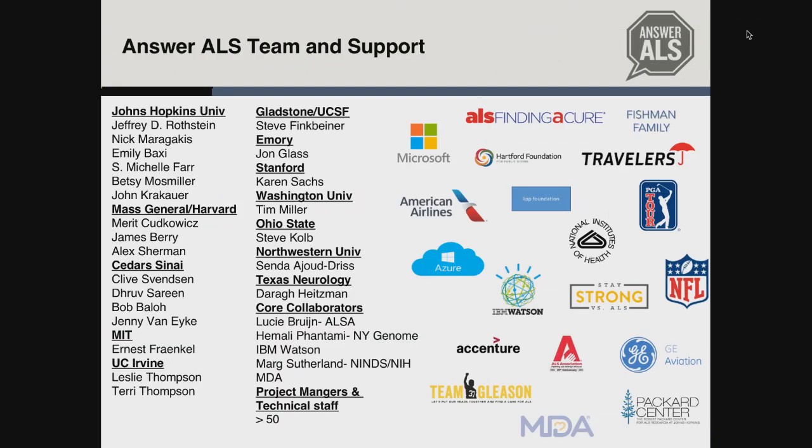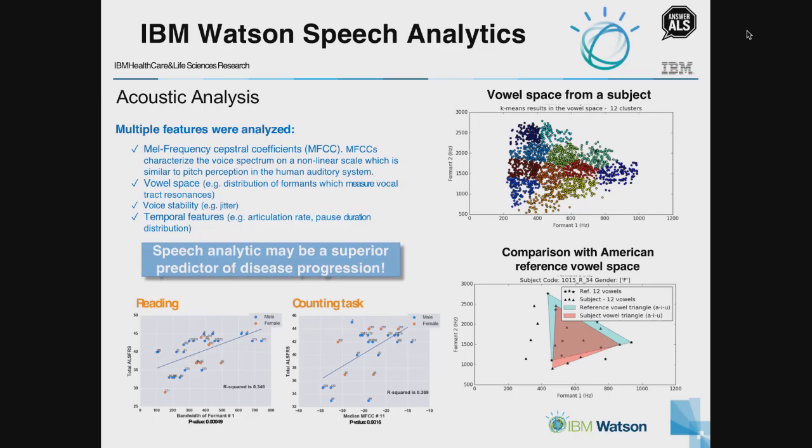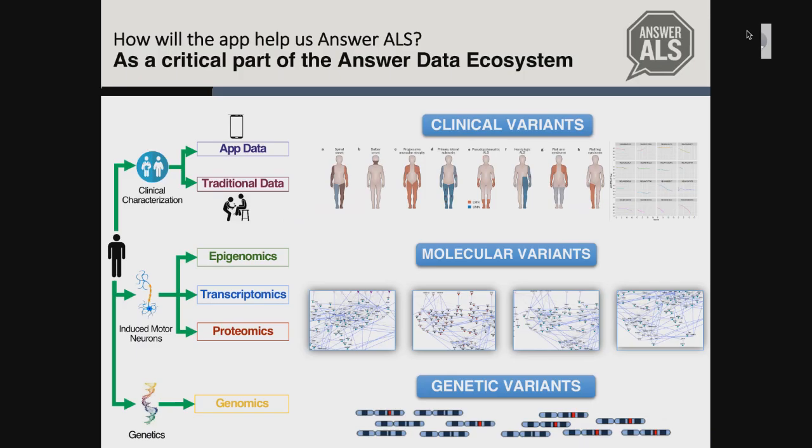I guess we want to think for a moment about how this app fits into the whole Answer ALS ecosystem. Emily gave a very nice overview at the beginning about the whole project, which is creating what we call induced motor neurons. That means we take a blood cell out of blood that we draw, turn that into a stem cell in a petri dish, and then reprogram it to be a motor neuron in a petri dish. And then we send those motor neurons around the country to look at what's called epigenomics,